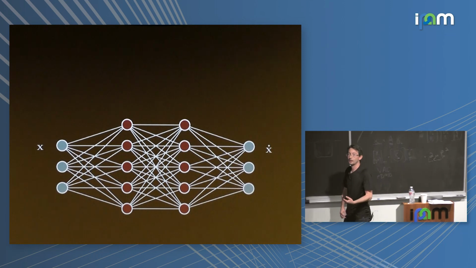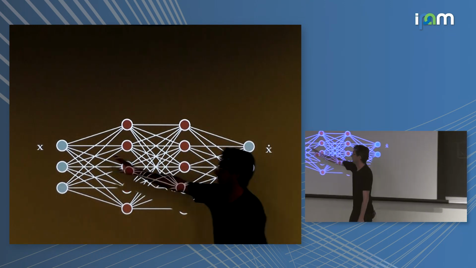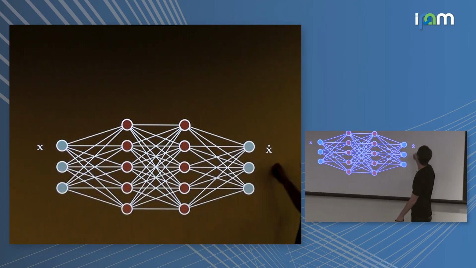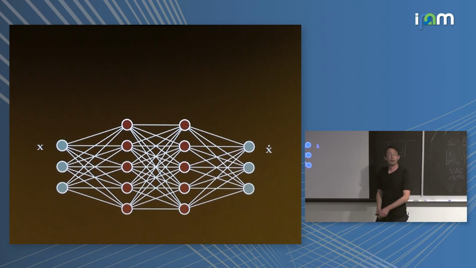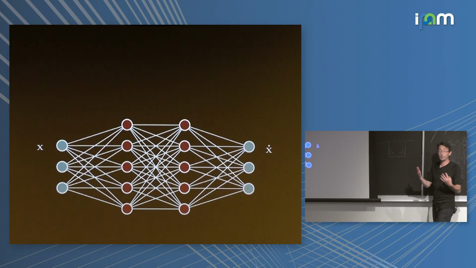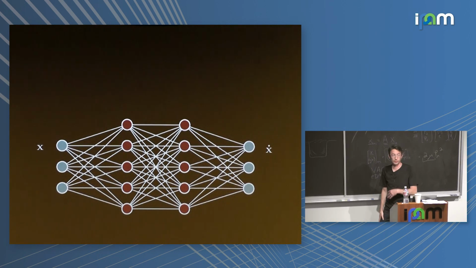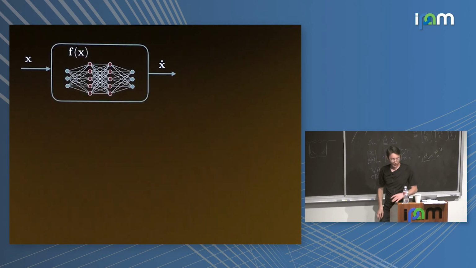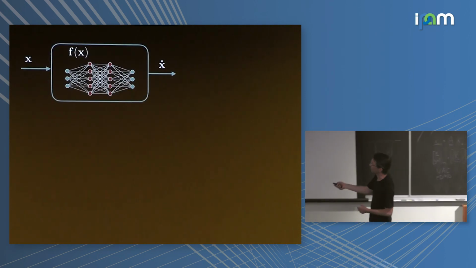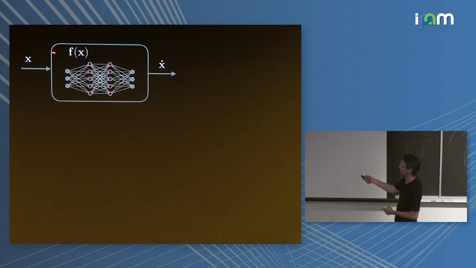The basic idea is that if I only have data of x, and maybe I can estimate its derivative from data, what I'm really trying to do is find some function that maps x to its vector field, its x dot dynamics. That's what dynamical systems discovery means. You can use neural networks to do this, and many, many people have. This is actually decades-old work. Essentially you're trying to build a function for the mapping between x and x dot.